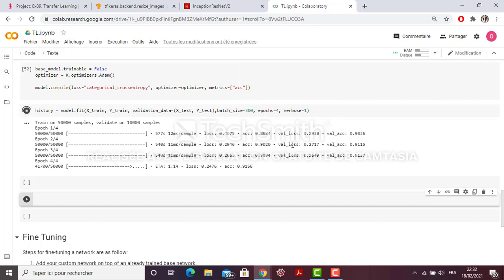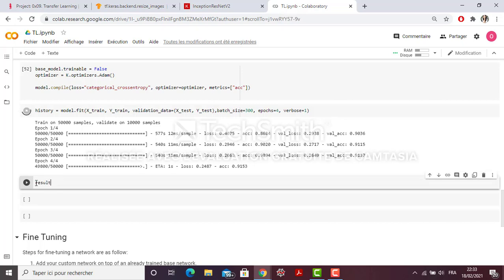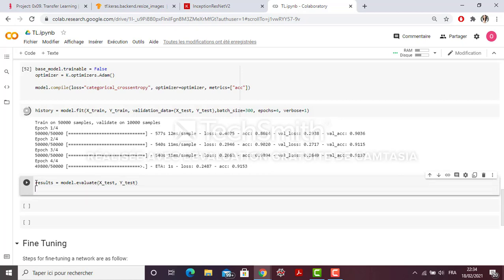We don't have overfitting. So results equals model.evaluate of the X test and the Y test, and then I'm going to print the results, the test loss and then the test accuracy.